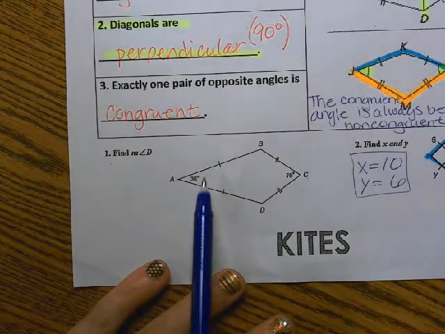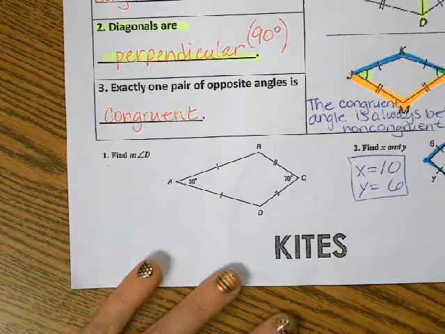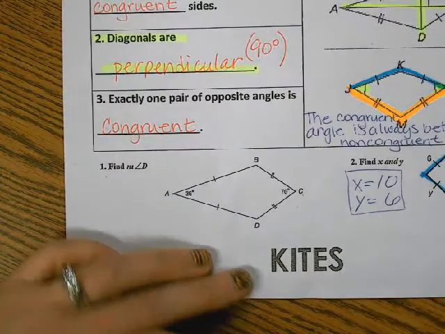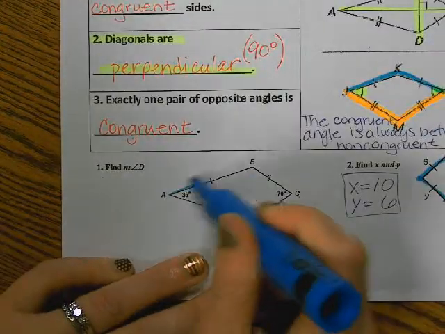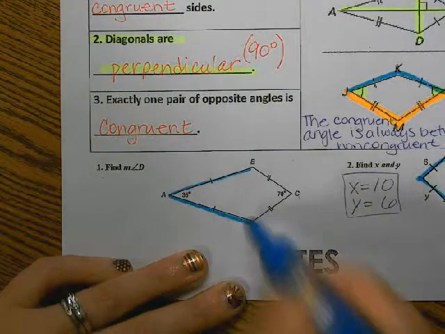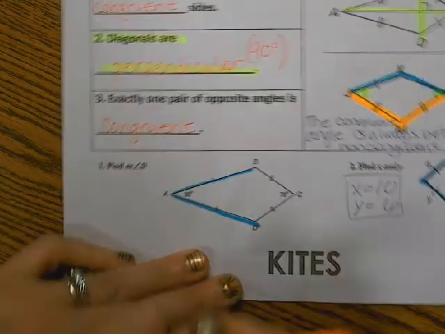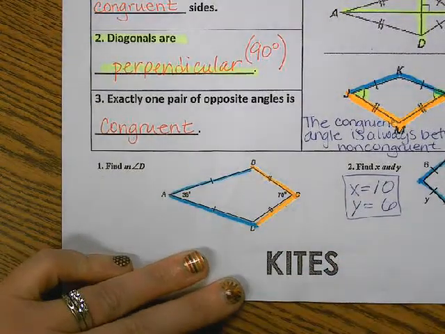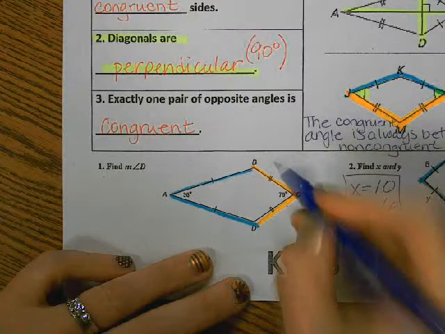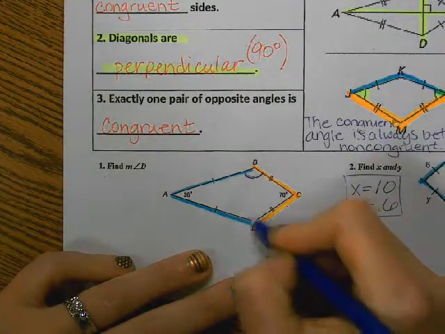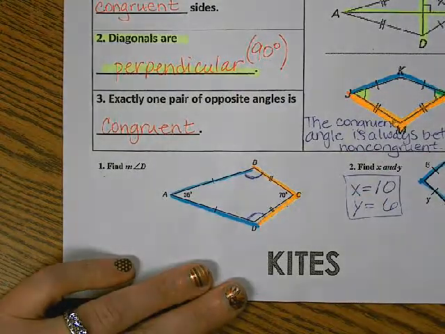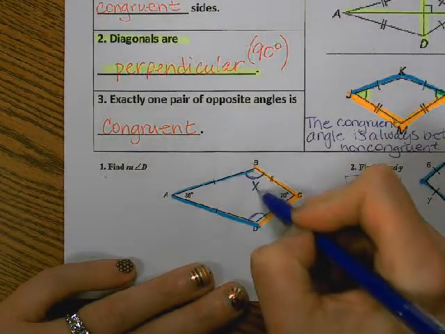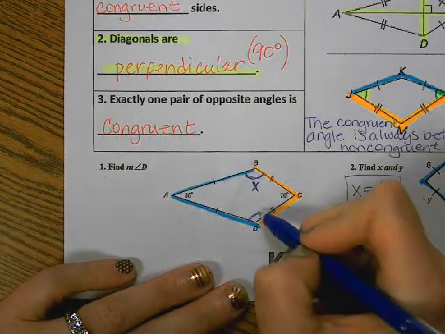Number 1's a little bit more challenging because we have to figure out, okay, where are my congruent angles? So remember that congruent angles are between the non-congruent sides. So let me label the sides that are congruent with my colors. So which two angles are going to be exactly the same? This angle right here and this angle right here, because it's touching both colors. So if we don't know what the angle is, we can call it x, and then its matching angle will